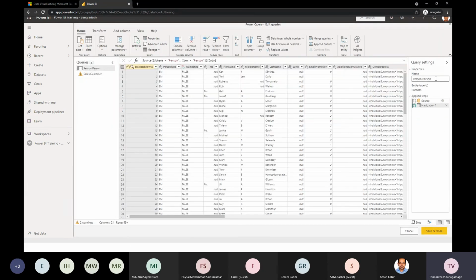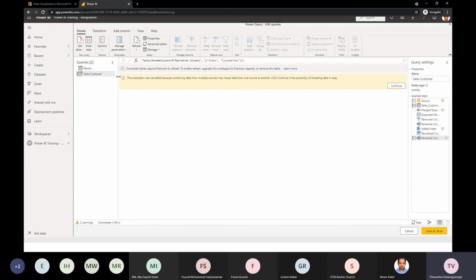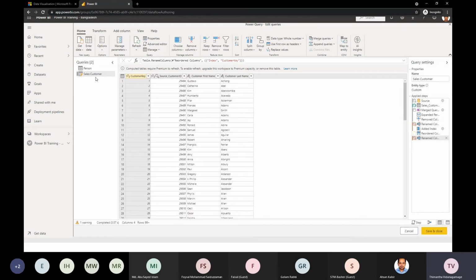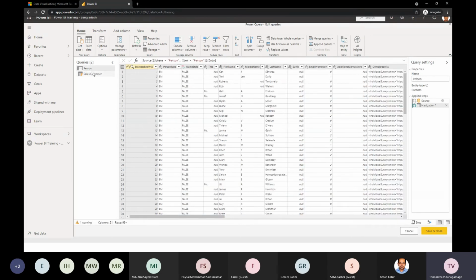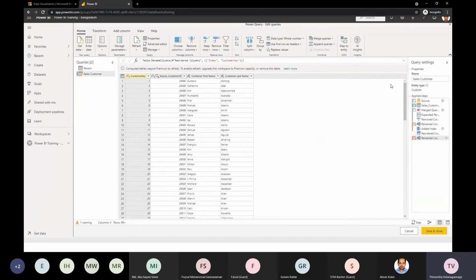I think it's because I referred to person previously. I will continue evaluation. So in Power BI Desktop, I had not referred to person. What I did was I just came here and renamed this as person, and I'll come in here and rename this as customer. So basically, you have the same dimension that you created in Power BI Desktop,